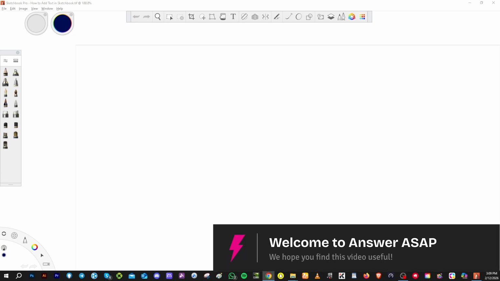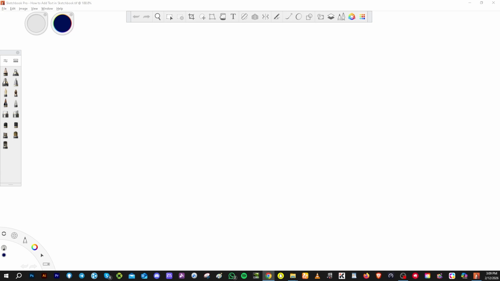In today's video, we are going to show you how to add text in Sketchbook. Whether you're using mobile or desktop, this is super useful for adding captions, titles, or labels to your drawings. Let's begin. Now, the first thing that you need to do is launch Sketchbook, open an existing drawing, or create